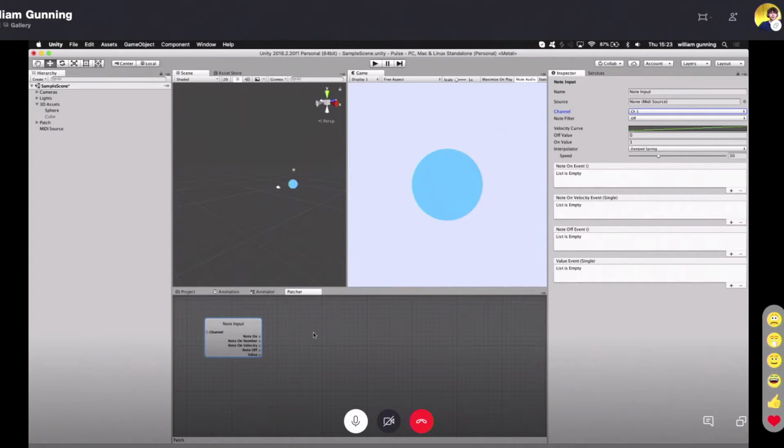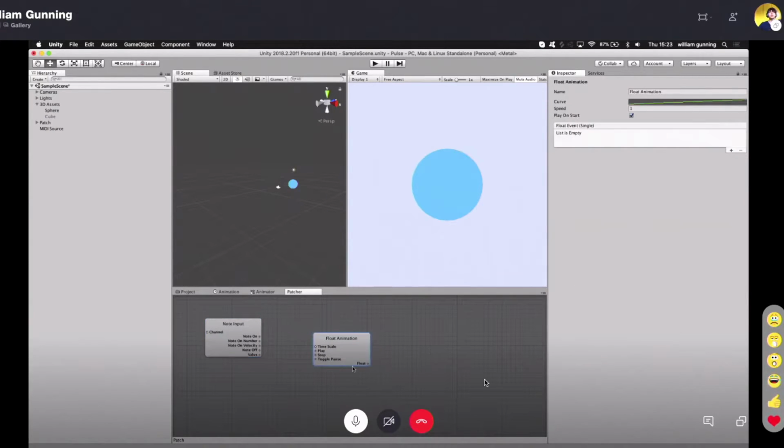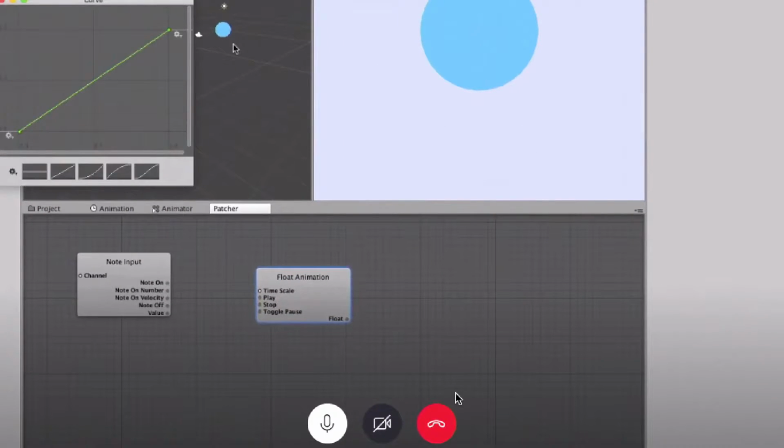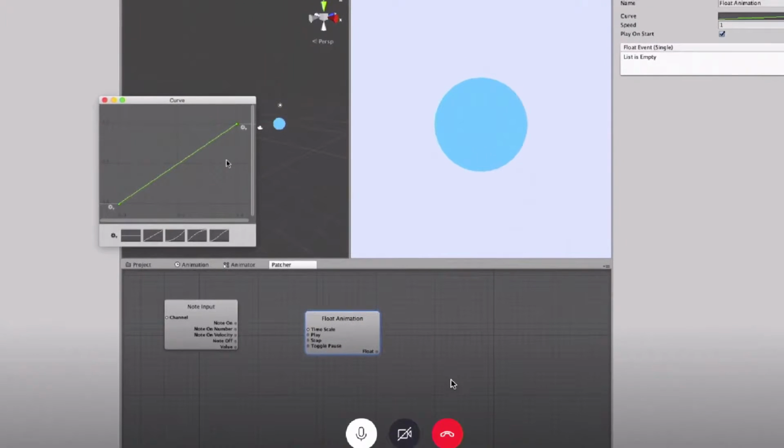Now we can right click, create, and we're going to go to animation and select float animation. What this allows us to do is, over a period of time, draw a curve and animate the movement of a parameter. So it's like automation in Logic or any DAW. So we're going to create a curve. I've got some preset curves here. You can just hit this S curve, and then we can right click, edit key, and then select our value. So we're going to start off with a value of, we'll say 1 for now,